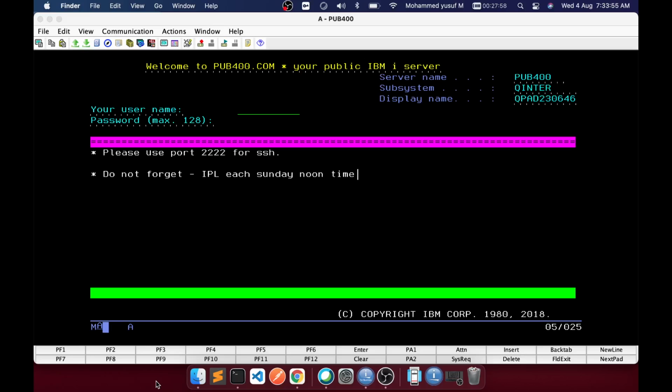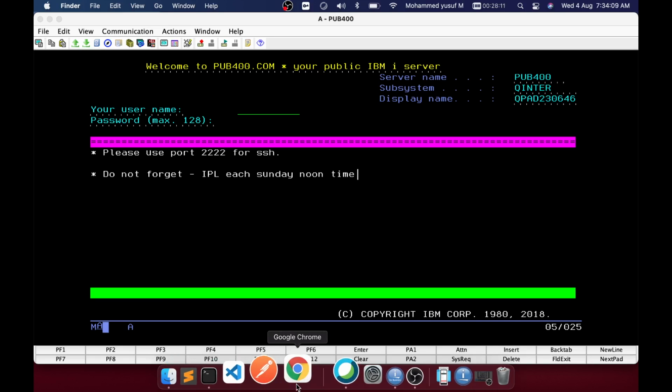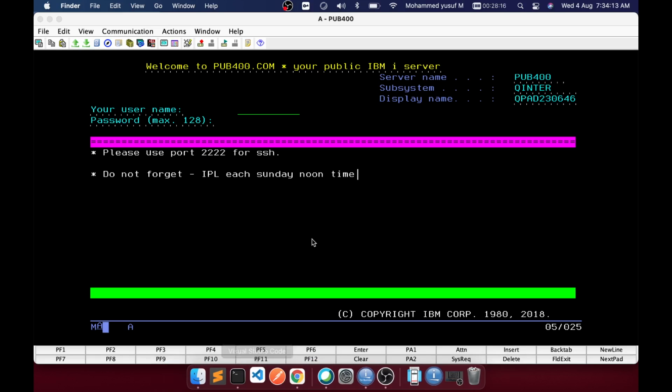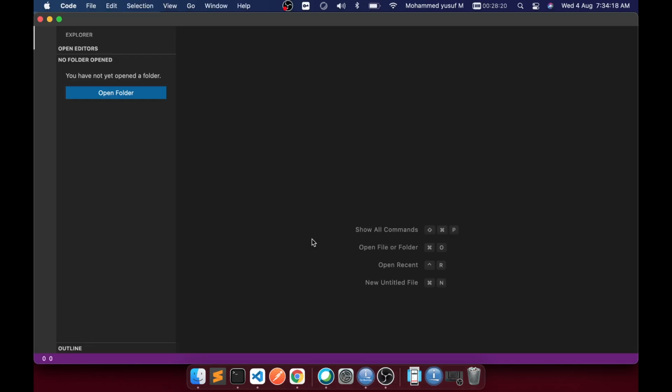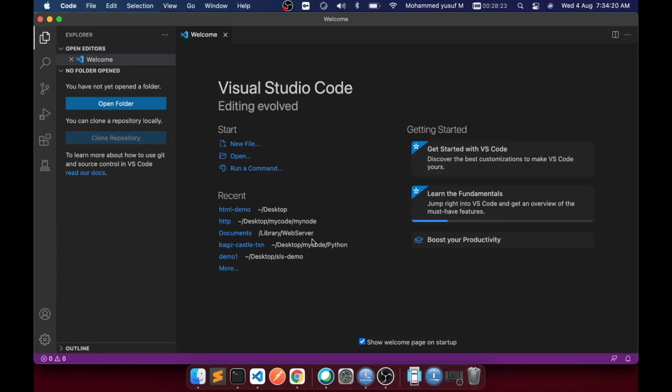In this video, we are going to write and compile RPG code from Visual Studio Code. Okay, so let's get started. In recent days, I have been seeing posts about a great VS Code extension called Code for IBM i. Using that, we should be able to connect to your IBM i and even browse your source files and IFS directory and even write your RPG code. That's what we're going to do in this video, and see how it looks.